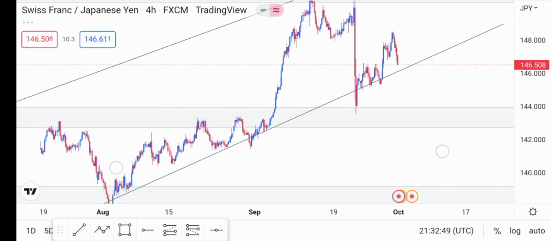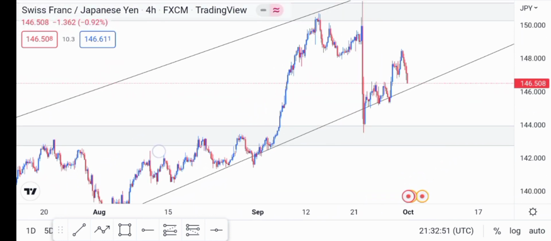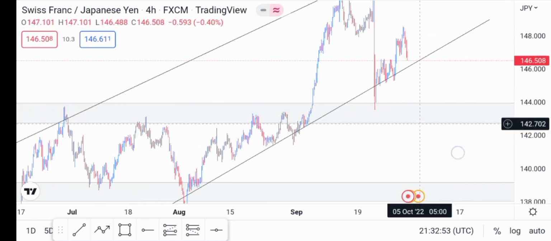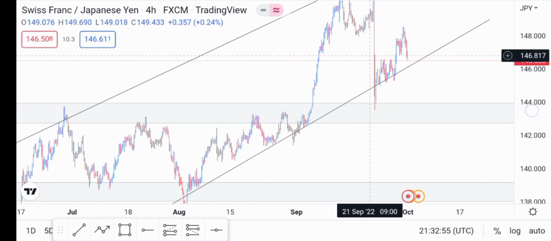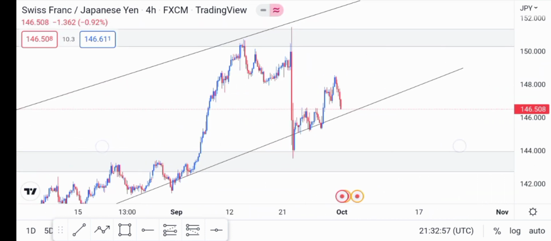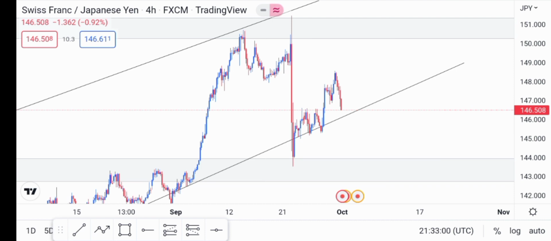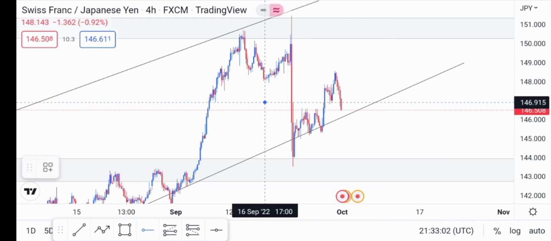So this is what we have on the 4-hour time frame. I'm not going to focus a lot more around this area here. I'm going to focus around this area here. So I'll start by catering for the mid ranges that I'm seeing, or the levels that I'm seeing around these